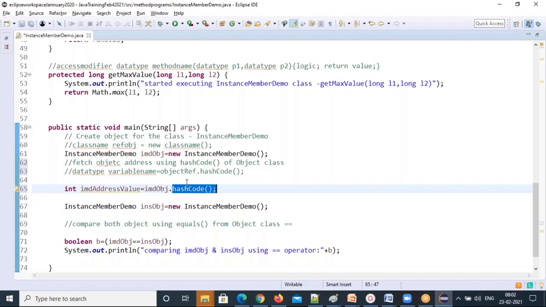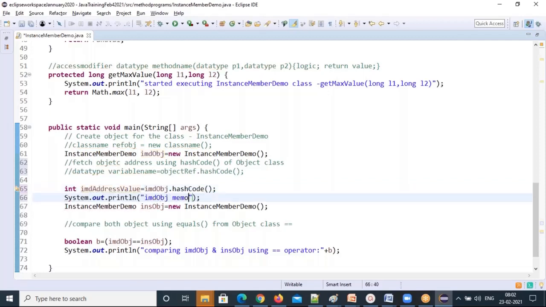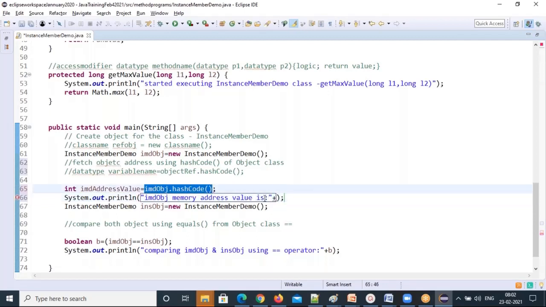So any class can use Object class methods directly with an object reference. That's why I used the object reference dot. That's a non-static method, right? Non-static methods, how can you call? With an object. That's why we are calling this hashCode method with the object reference. So this output I'm storing in this local variable. You can print that value, the object's memory address value, or you can call it directly in the print statement. This right side part, you can call directly in the print statement.